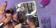Now, I was a little nervous about chroming and then stamping on top of it, so what I did was I applied a layer of gel base coat and cured it for a full 30 seconds, and not only did it leave a sticky layer for the stamp to adhere to, but it protected the chrome so that I didn't pull up any of the chrome or mess that up in any way. So I applied the gel base coat, cured for 30 seconds, and then I did my stamping,